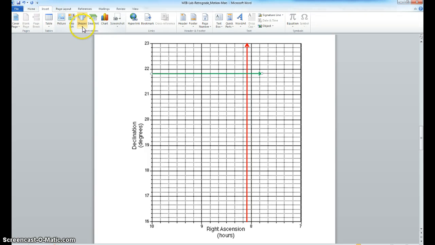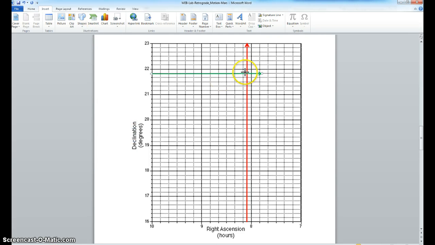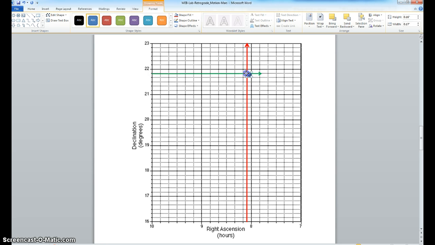So I'd want to put a data point, and you can certainly do this on the computer. When you hand in your lab, you could hand it in as a thing plotted on the computer. So I'm just going to insert a shape, some crazy shape. I don't know if this is going to work. I'll just adjust it a little so it's sitting right on top of that cross. And there it is. Now if I delete these lines to clean it up,